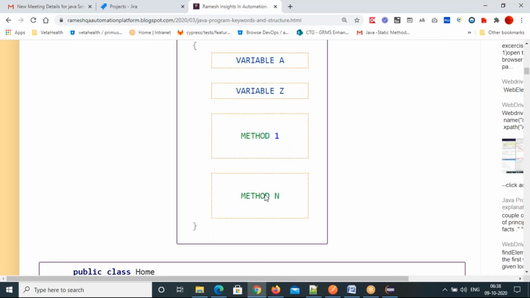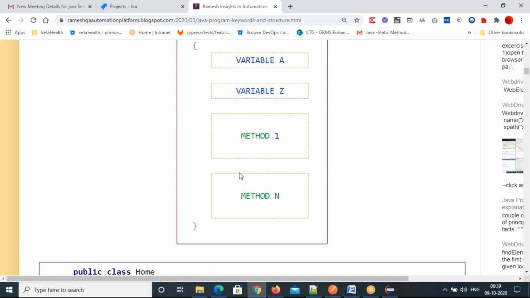Then you can create n number of methods in one class. You can create your own user-defined methods, and Java created many methods. One is for execution, the main method, and for a different purpose, println and print methods, each doing a different task.